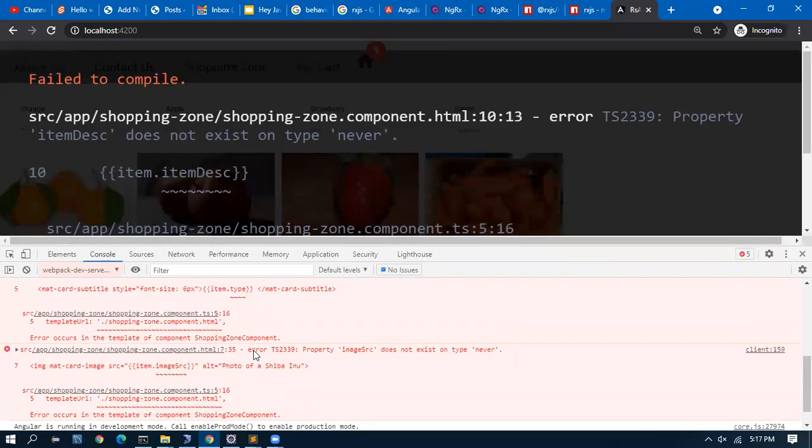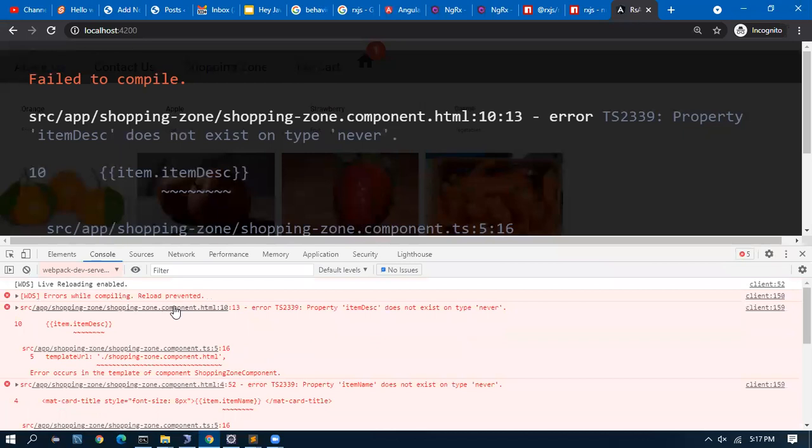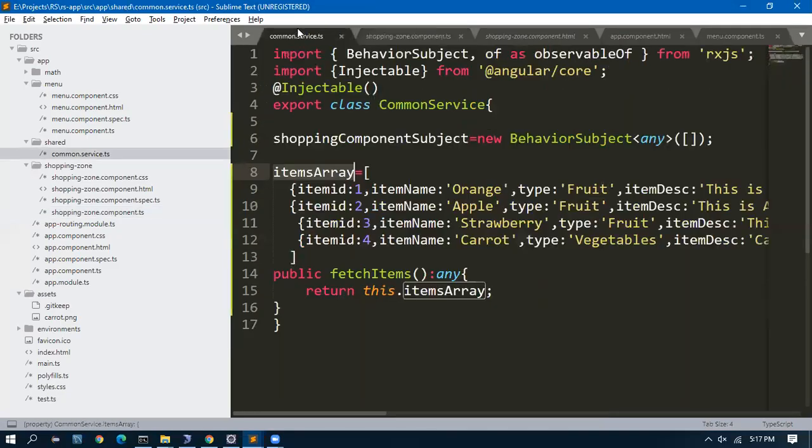What is the problem? Shopping zone component line number 10. Item description. We have this item description. This dot items array.